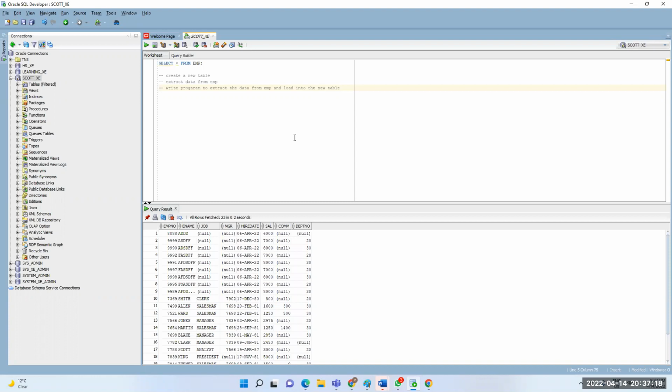Only two things: one is to create a new table, and another is to write a program to load the data into the table by using cursors.